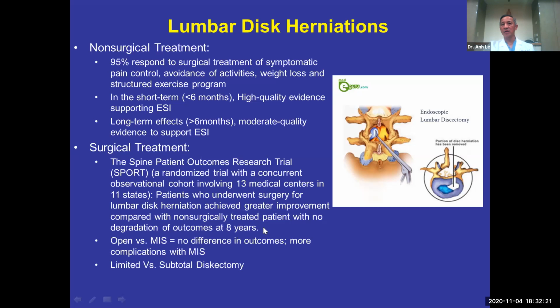For me, if the AP diameter of the disc herniation is between 0 and 5 millimeters, I rarely operate. It's not big enough. If the disc herniation is more than 9 millimeters, then I typically would operate early on those because with that amount of compression, they will never get better. The gray zone is between 5 and 8 millimeters. And for those, I typically would use epidural steroid injection to see if I can get them better without surgery.